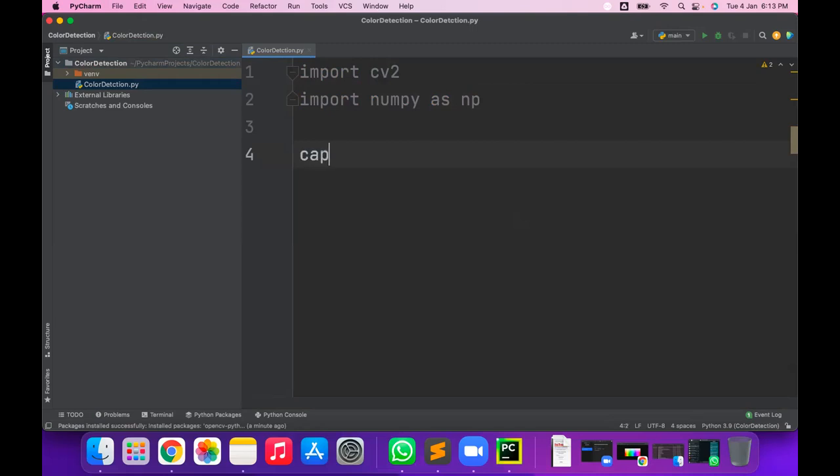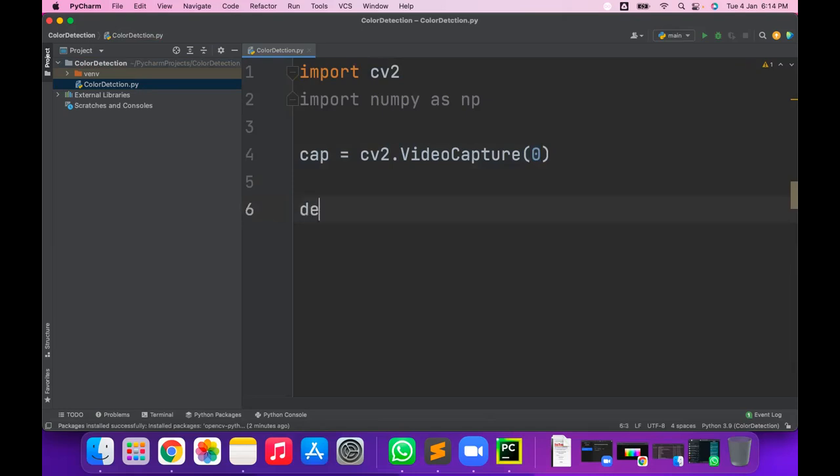Okay, so yes, if you remember, for video capturing we are using cv2.VideoCapture, and we are providing here the ID, which is the ID of your camera. If you have only one camera attached, then the ID is 0. If you have two cameras, the IDs are 0 and 1. If there are three cameras, 0, 1 and 2. If you are using a laptop, you might have the ID as 0. So let's check whether the ID is 0 or not.